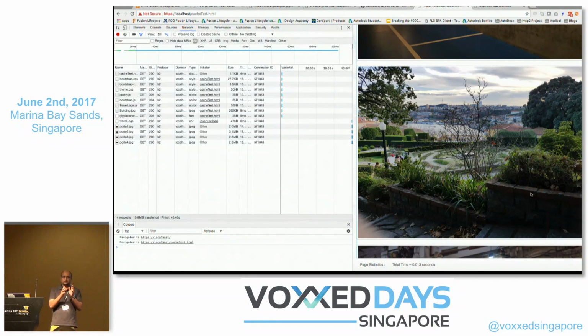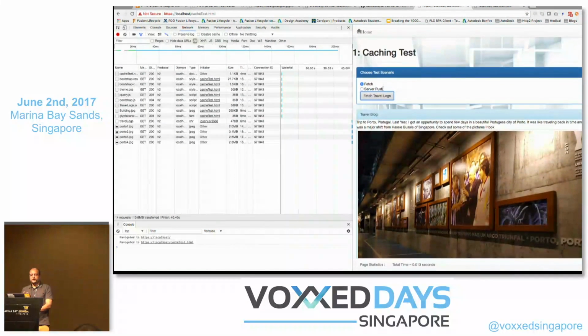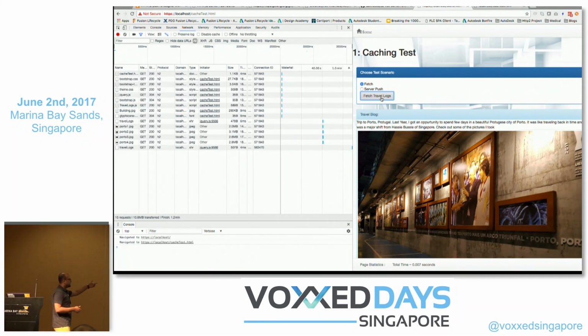The thing is, these images are cached. So if I fetch it again, see what will happen. Just focus on the net, on the log. Now the server is only fetching the HTML. It's not actually requesting the images, because images are already cached. There is no need to fetch them again.